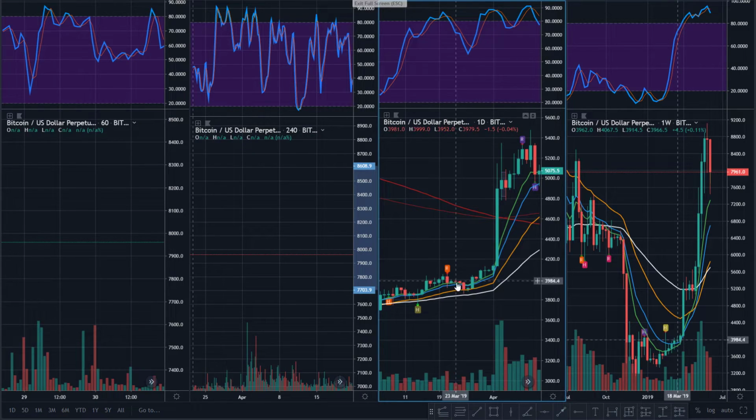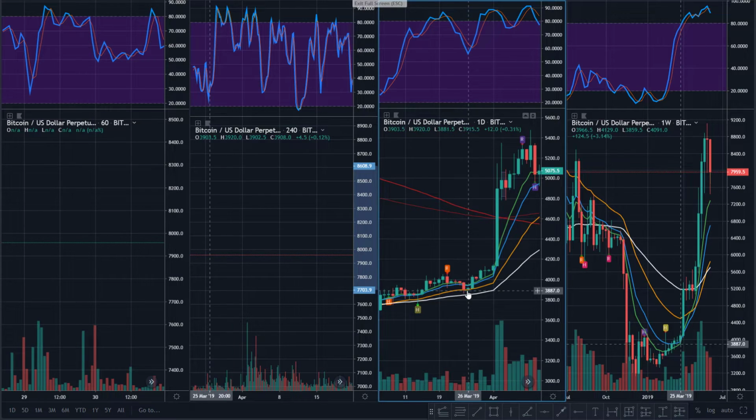Well, look what happens. You end up going down, feeling good about the fact that you got out, but then there's this big move to the upside, which also caused a bull recross. Now, in this case, believe it or not, you would have bought back in at a worse price than what you sold, more than likely. And that's okay. We don't trade to be perfect. We don't care exactly where we bought and sold and if we sold here and bought there. You sold here for protection because you didn't know if it would dump through. You bought here because now the new setup looked interesting again.